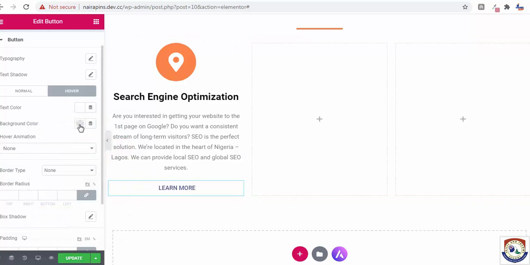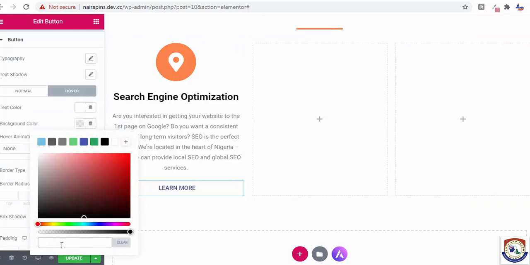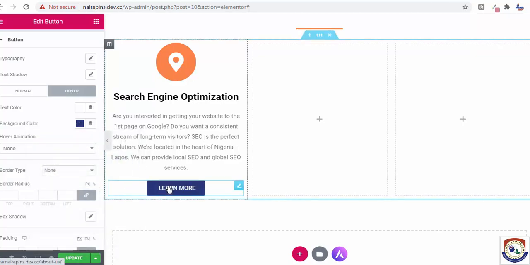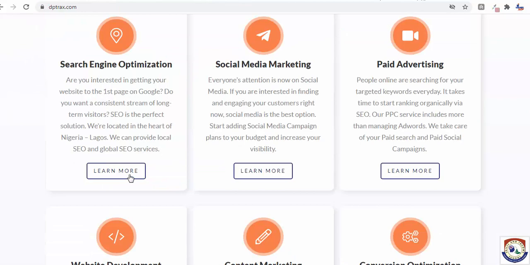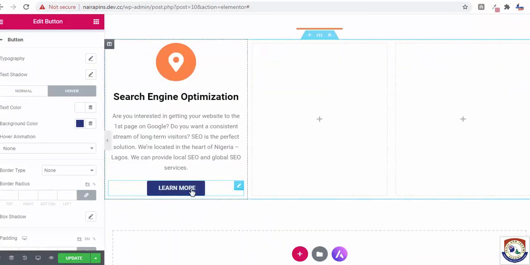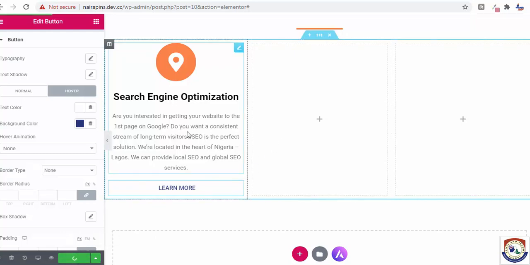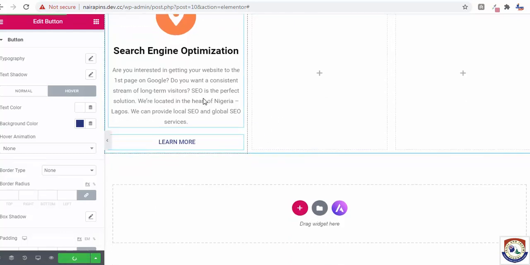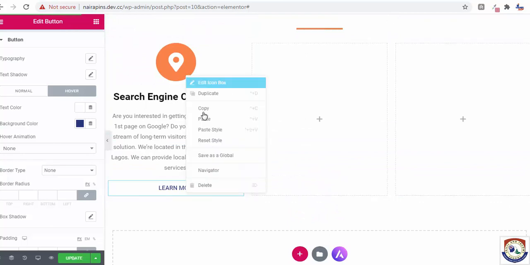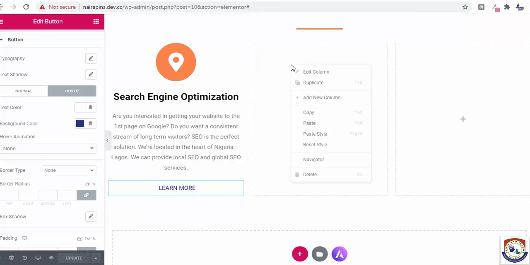Now then the background color should be blue. So I'm going to paste in this code that we have gotten. So can you see? Good. Now let's see this. Good. Now what is different is the typography of this, but we have achieved the same thing. Okay, so once that is achieved, you update it. Like I told you, you don't need to redo. Once you redo for one, you can just copy. You click on this, you click on copy, you come here, click on paste.